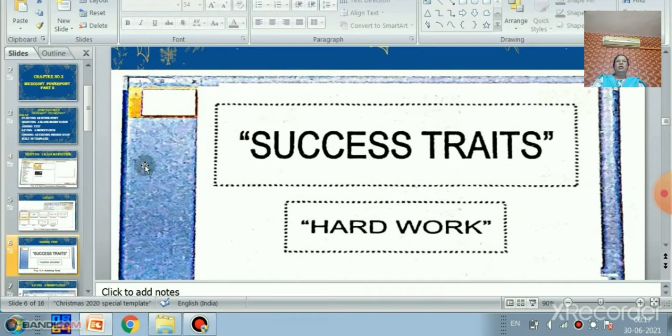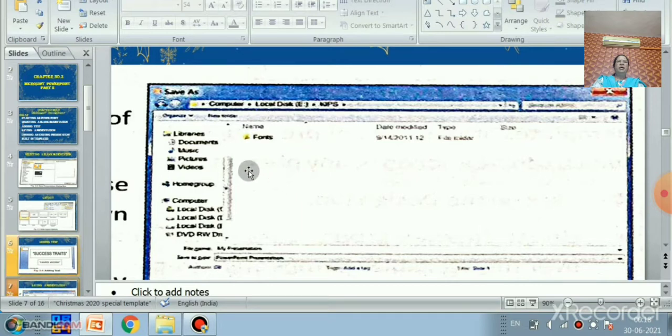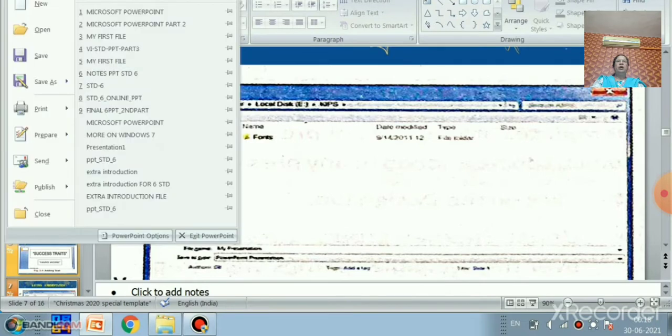And we have learned how to add the text. To enter the title in a slide, you can click on the add title placeholder. The text box appears with the cursor in the center. You can see here. And we have learned how to save the presentation. Saving is important, so you have to save your work frequently.